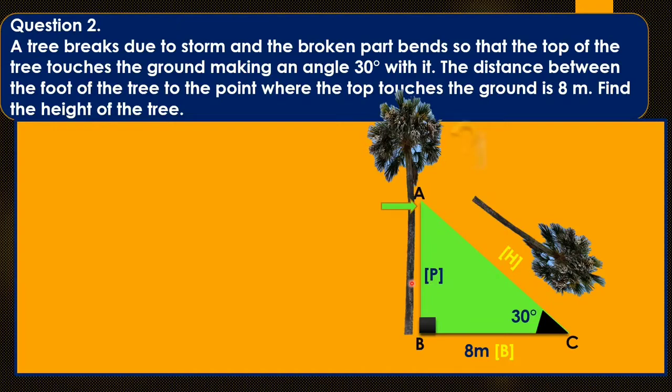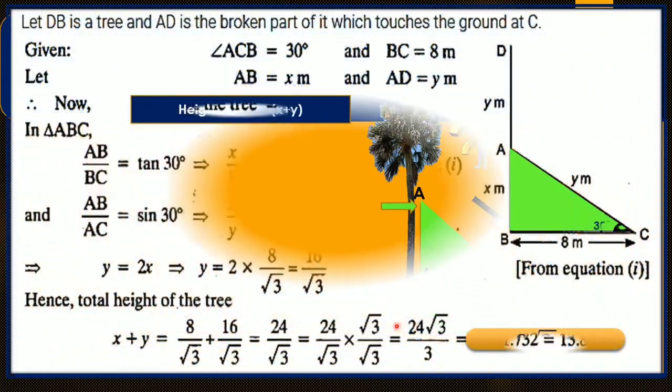Now the question arises, here we have to find the height of the tree. So what we will do here, you can observe, suppose this point top of the tree is considered as D. So it means we have to find BD, and you can observe this broken part bends down, right? So it means the length of this AD is equal to this. So here if I want to find the height of the tree, I will just simply add AB plus AC. So let's see the solution.